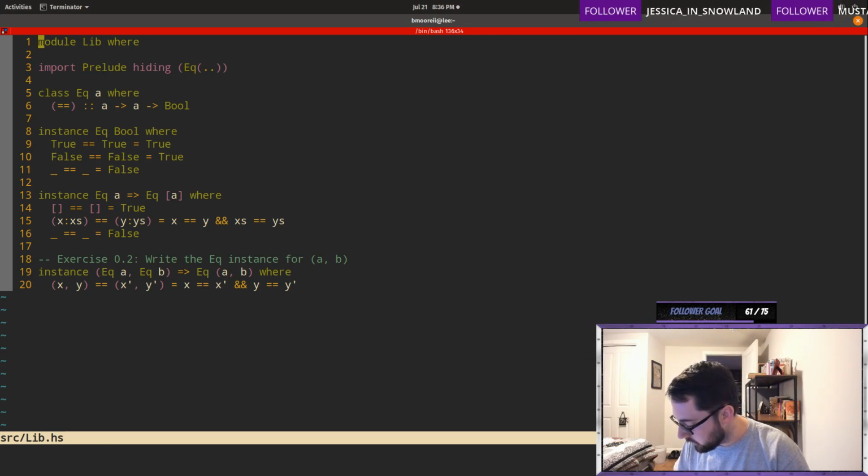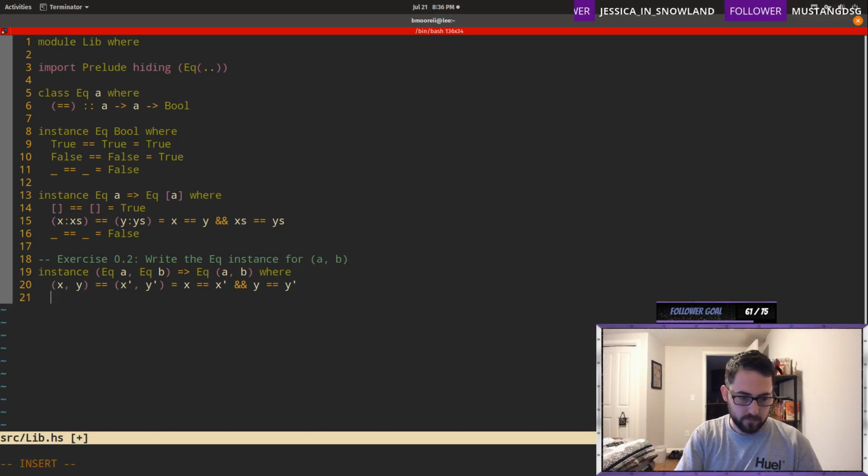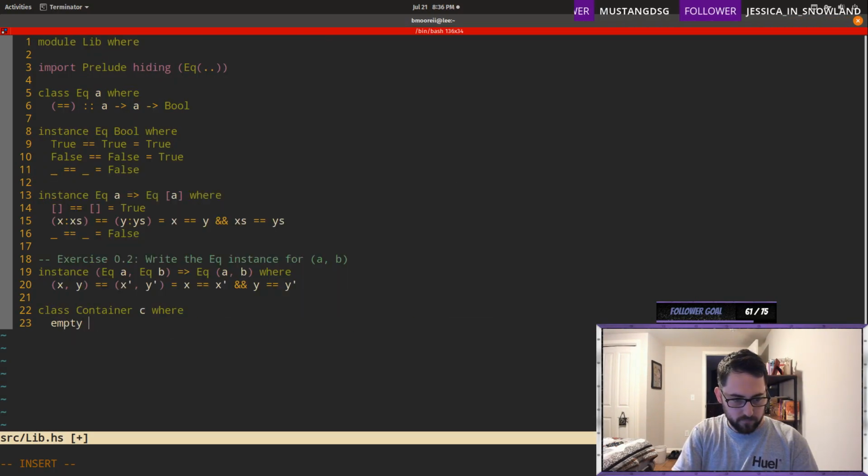Okay, so I think the reason they're using Haskell and Scala is that they have higher kinded abstractions. So you can write higher kinded types such as